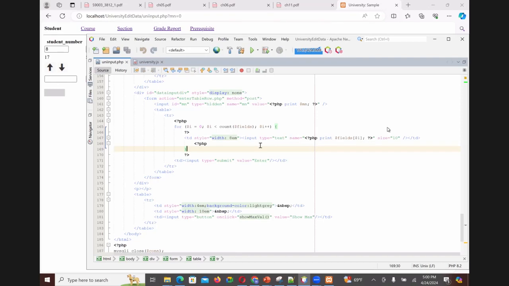So for each field of the current table, we provide input fields. The user can enter the data into these fields,